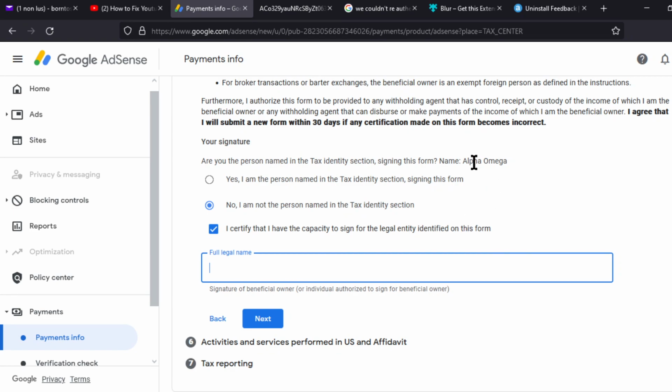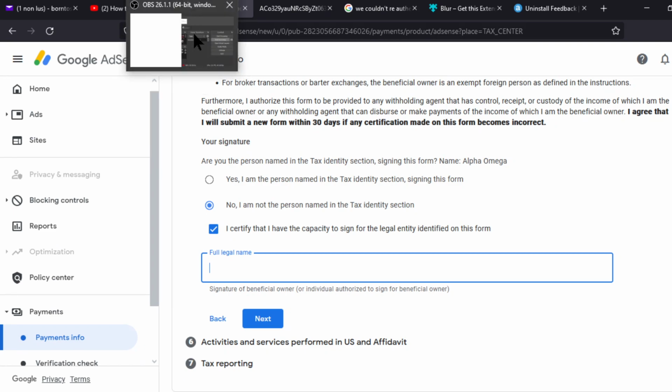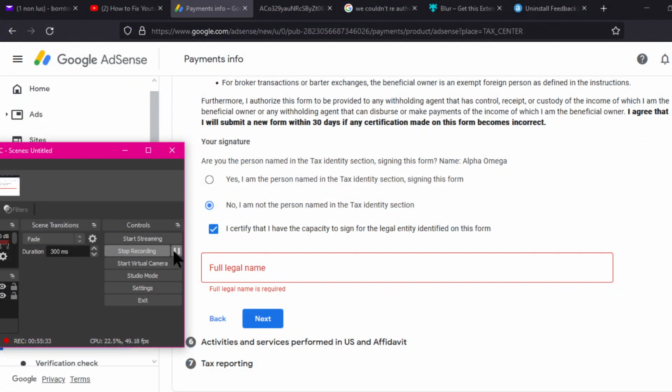Full legal name. This is not my legal name, but it's me that owns the account. I'm using another person to go through the tax. So why are they still coming to ask this again here? Or maybe I forgot how I filled the form last time. Okay, maybe I should pause and think. Maybe the more I'm trying to talk, I'm not thinking properly. Let me stop this first and think.